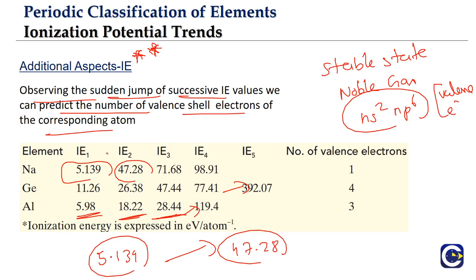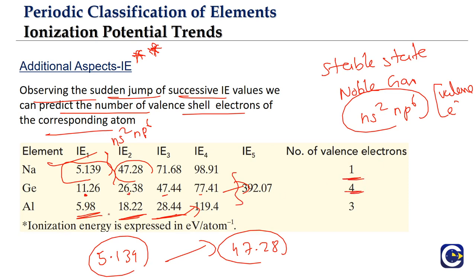So until now, whatever electrons we are removing, those will be the valence electrons. Here in the sodium case, after removing one electron, you see a sudden jump coming. It means after removing one electron, you must have obtained that stable state. That is why it is requiring a significant jump. Before that jump comes, how many electrons were removed? Just one. Germanium, before the jump comes, how many electrons did we remove? We removed 4 electrons. That is why the number of valence electrons for germanium is 4. Sodium, it is 1.